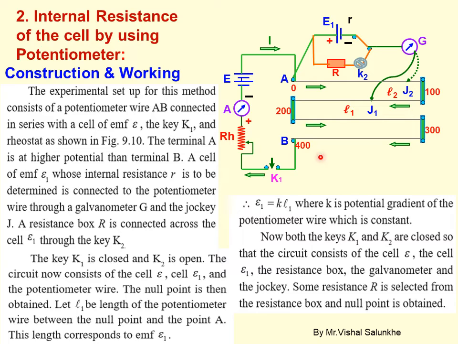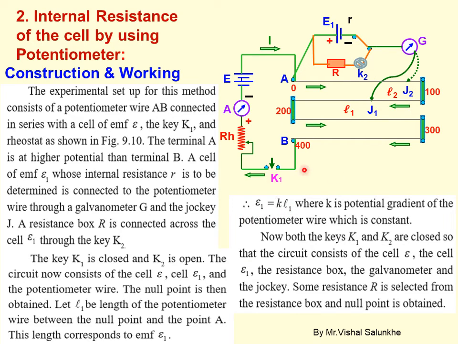In the first case what we have done, just imagine, we closed key K1. In both the cases K1 must be closed, so that only we will get some current through the potentiometer wire. So in the first case we closed K1 and K2 was open, therefore the current went from here, and then we slid the jockey over the manganese wire and we got the point L1, isn't it? So here we have written E1 is proportional to L1. Why have we written E1? Because there was no potential drop, as the resistance box was not there in the circuit. As K2 was open, the current went from above, so there was no chance of a potential drop. That's why E1 is equal to KL1.